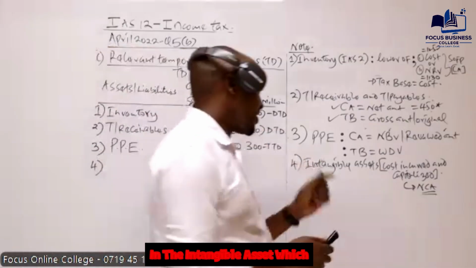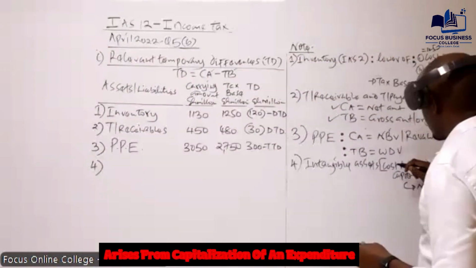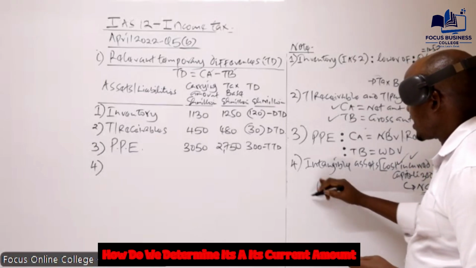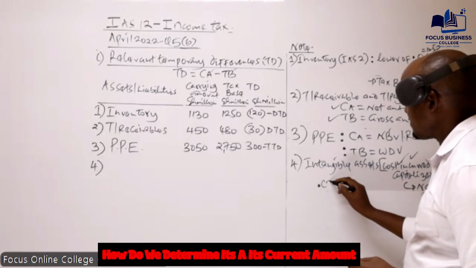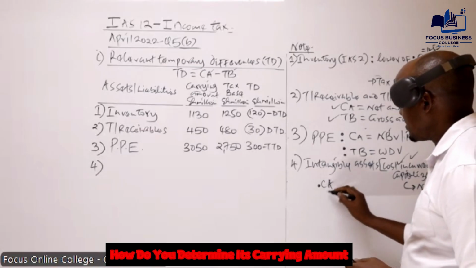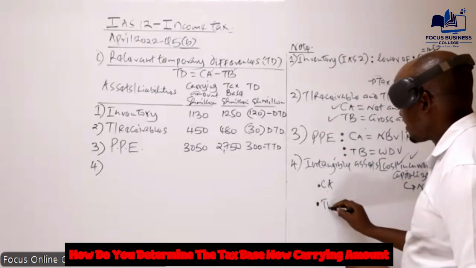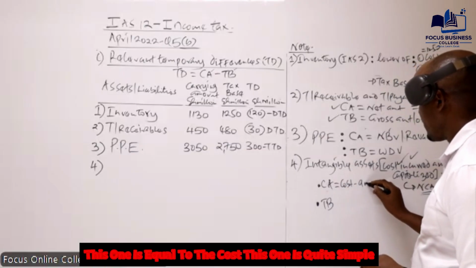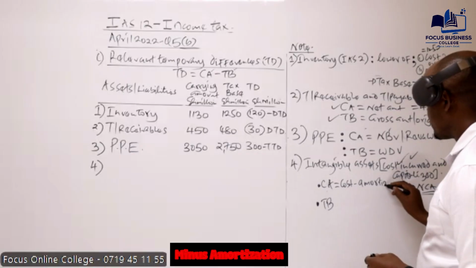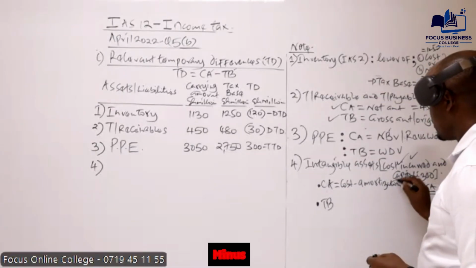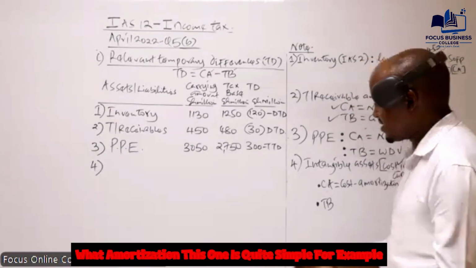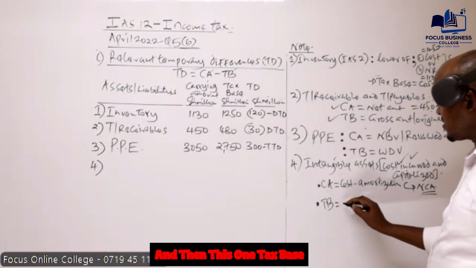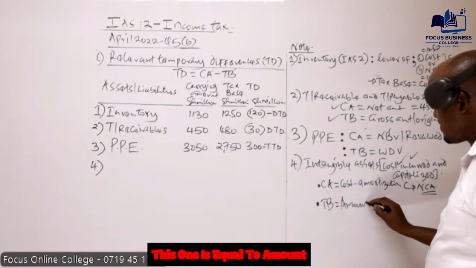So for any intangible asset which arises from capitalization of an expenditure, how do we determine its carrying amount? How do we determine the tax base? Now, carrying amount is equal to the cost minus amortization. This one is quite simple, for example, from the information which you're given there. And then the tax base is equal to the amount